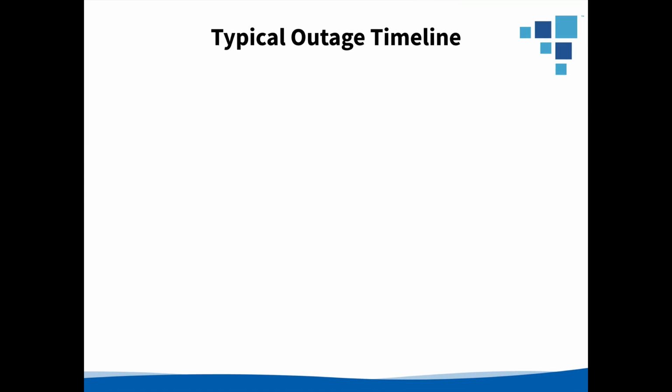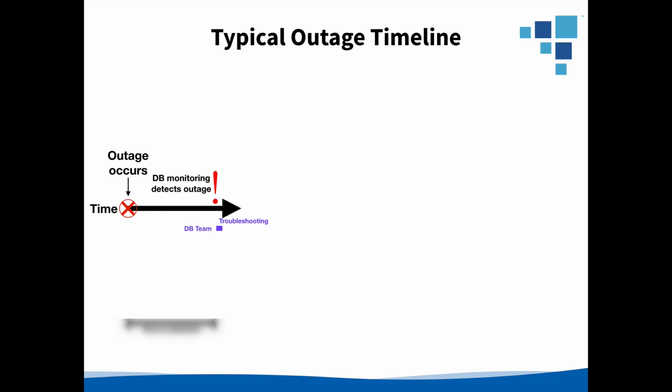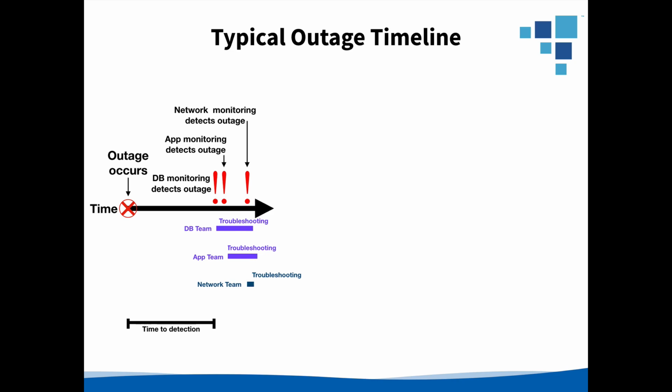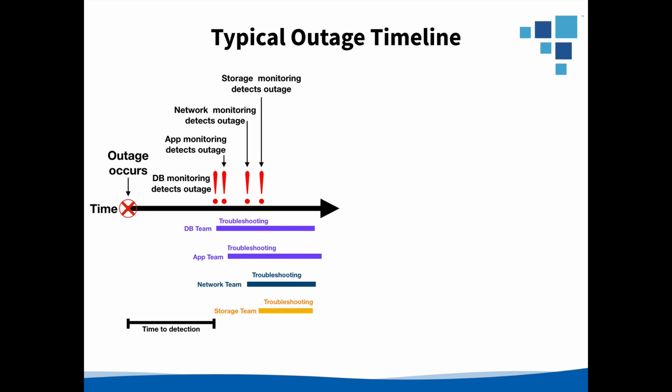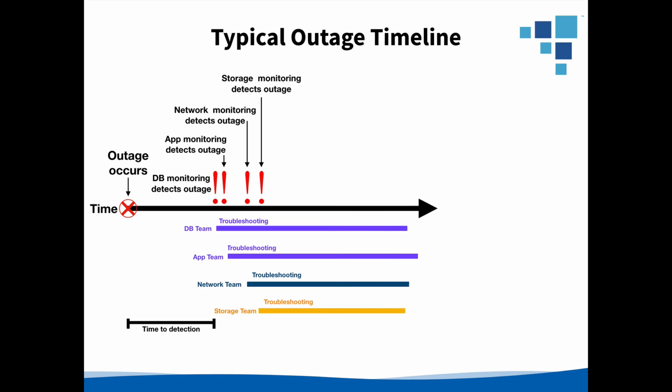In a typical environment, you'll have several teams, each with their own tools. When an outage occurs, some time will pass, and eventually, one of the tools detects the problem. The team who owns that tool then starts to work on it. Usually, several other tools notice the problem pretty quickly afterwards and then alert their teams until we have multiple teams working in parallel to determine the problem. Sometimes the problem will even get bounced between teams a few times before the actual cause of a problem is